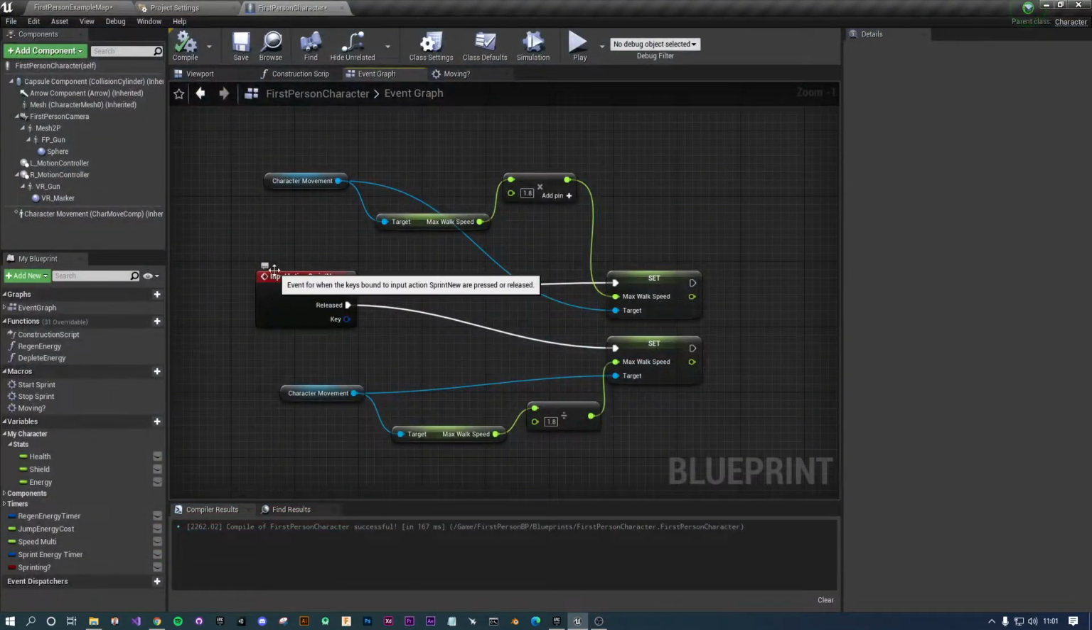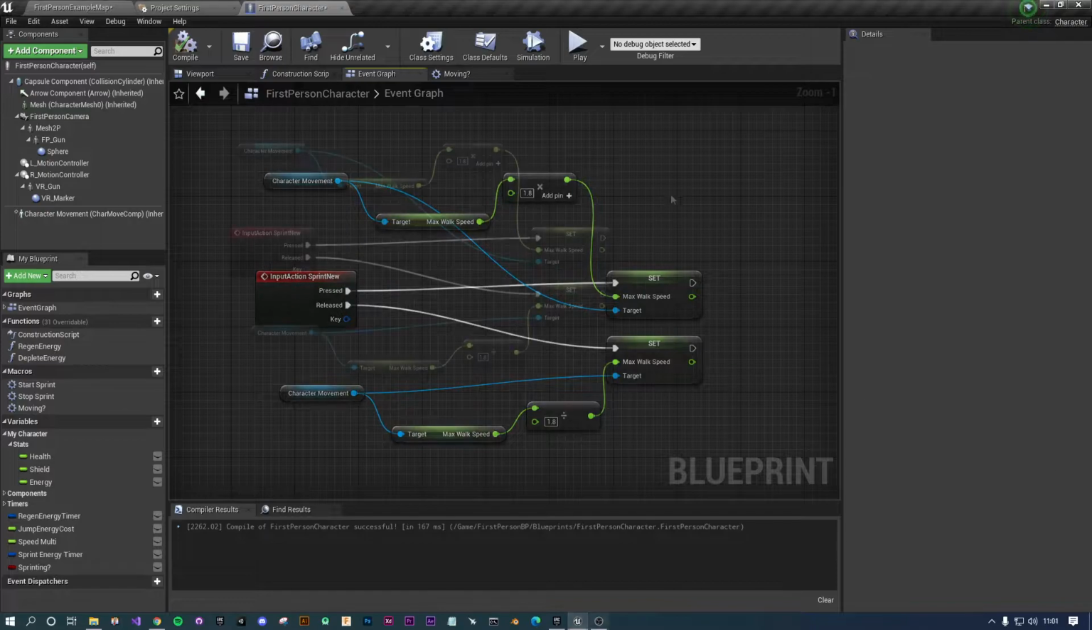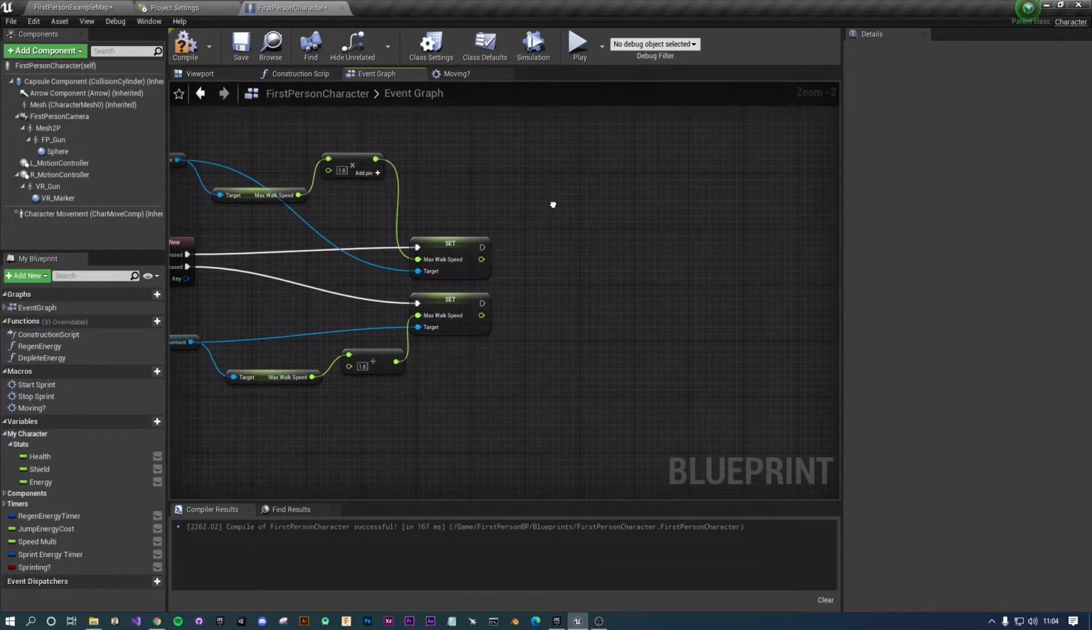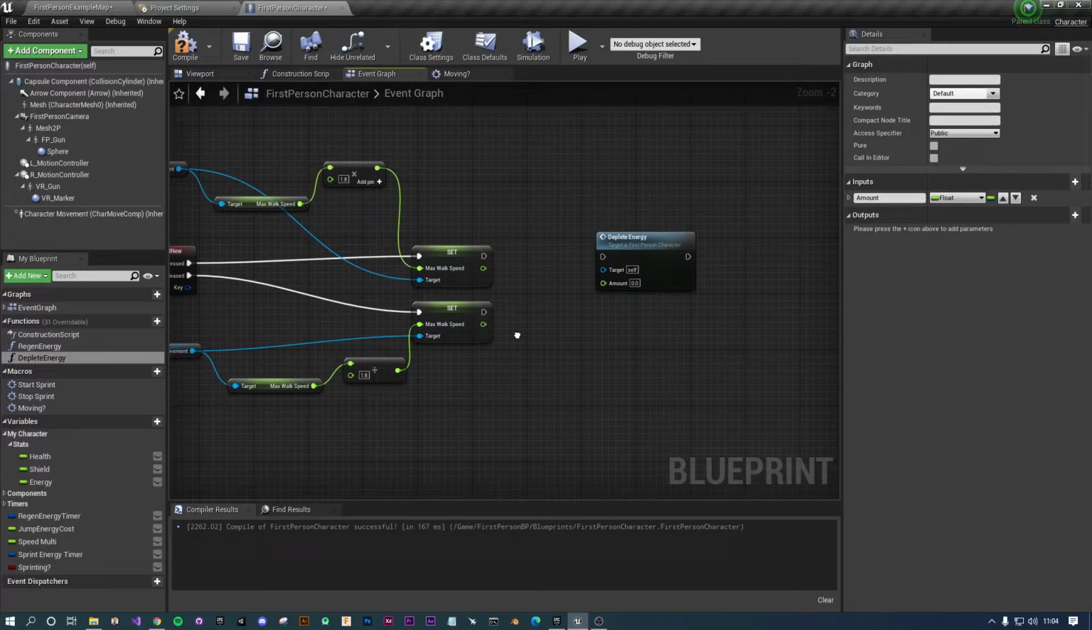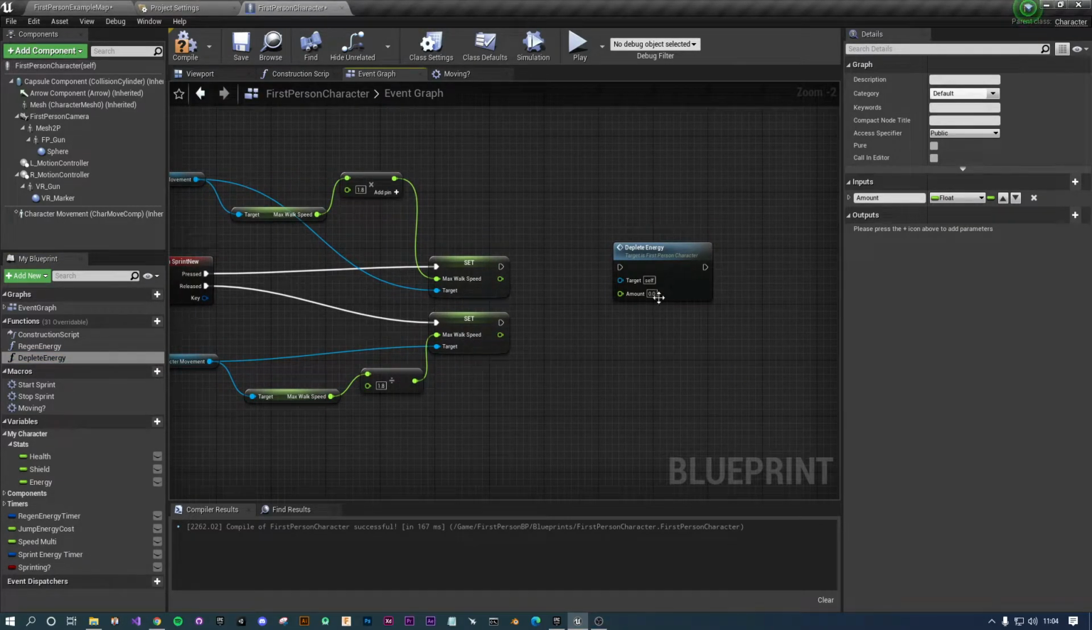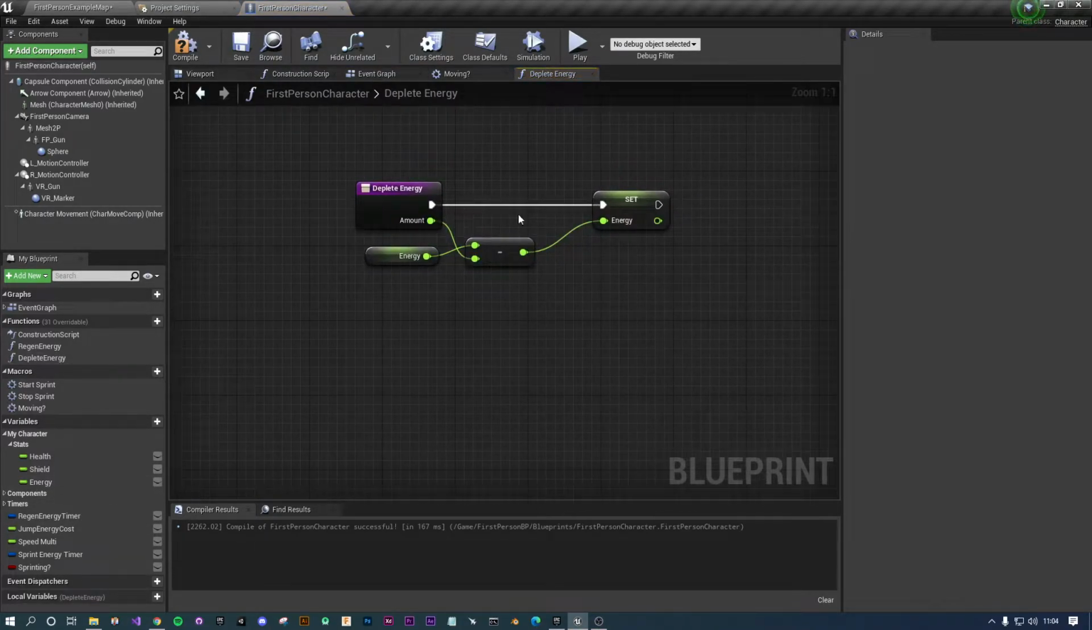But that doesn't affect our energy just yet. So let's start depleting some energy. In the previous video we made a function called Deplete Energy. What that did is every time we press spacebar to do a jump, it took an amount of our energy from our energy value. This is the function: how much energy do you want to remove, minus that from your energy,